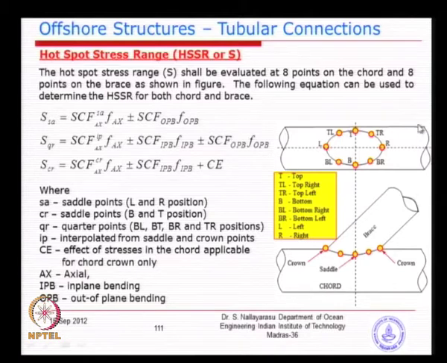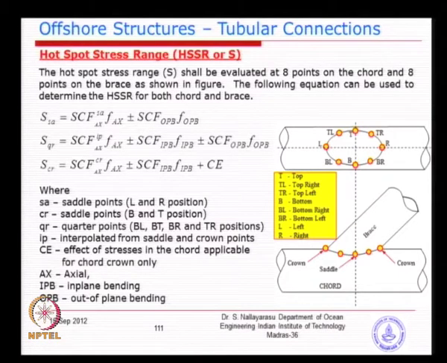So, for example, if you want to write the equation for all 8 points, you will have to rewrite this one for the quarter points in 4 forms, minus, plus and minus, plus, whereas the left and right, basically the crown point, will only change the in plane moment, isn't it. For example, you have axial stress on the left side, if the bending moment is clockwise, you will see the right side is compressive stress, whereas the left side is tensile stress. That is why I have put the plus minus here. So, you have to be a little bit careful in manipulating.